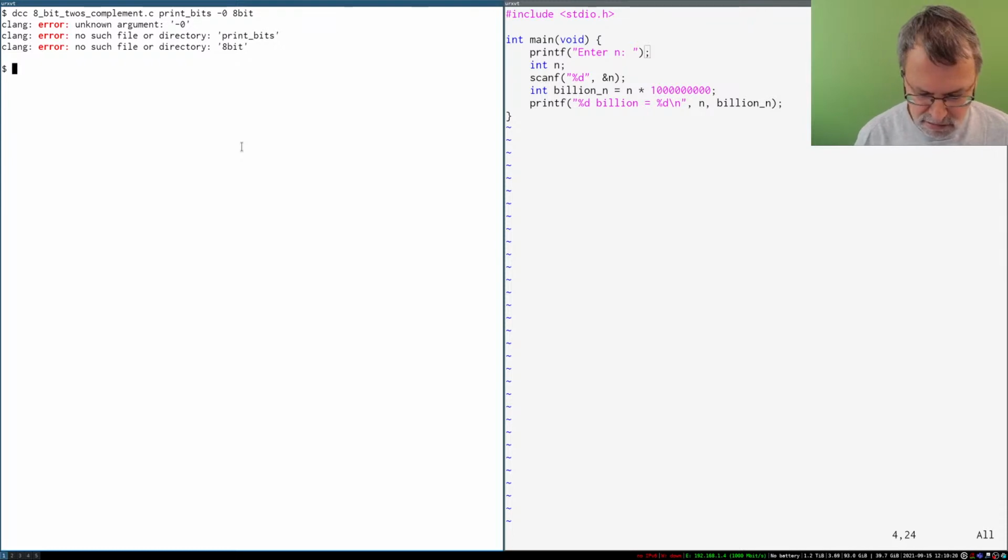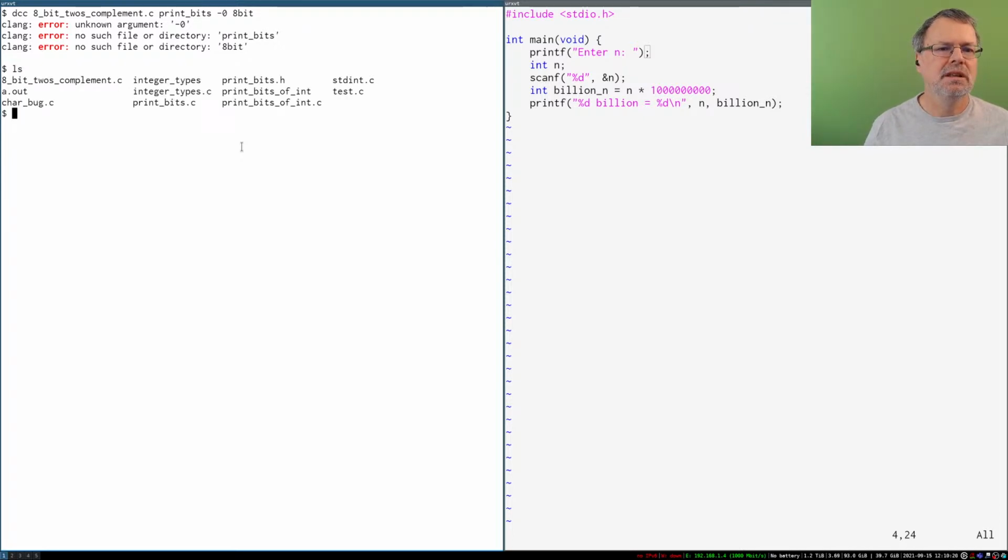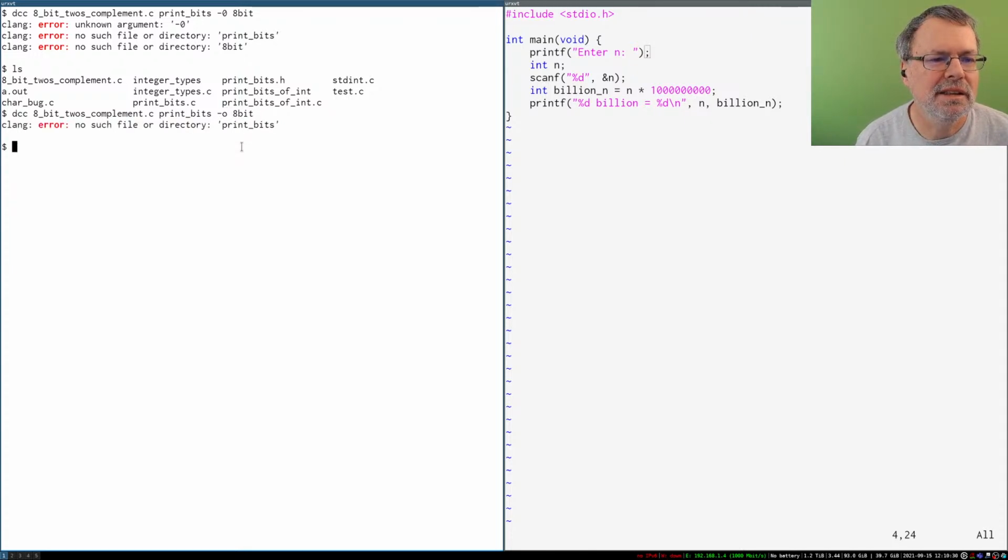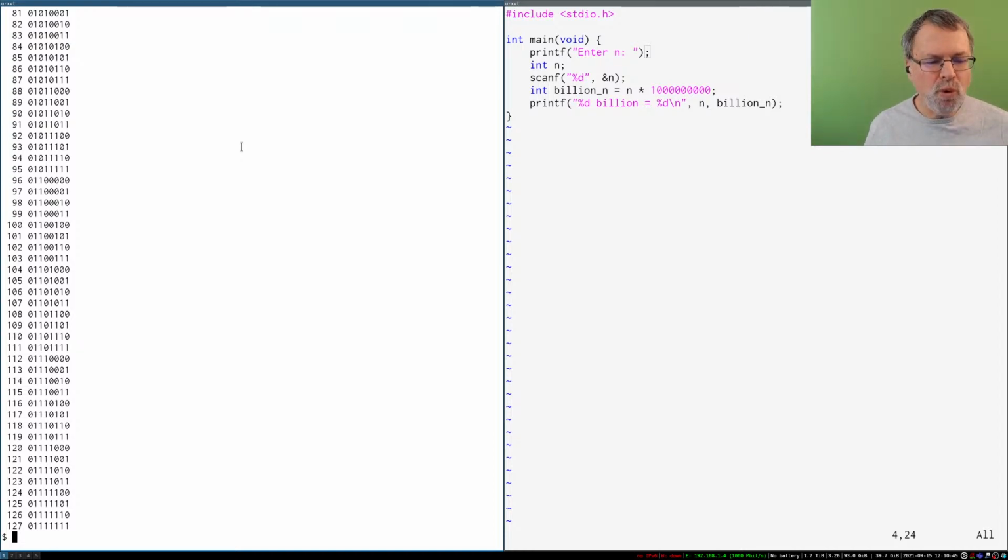And what am I doing there? Well, typing the minus o would be good, wouldn't it? And getting the compile line right. Very clumsy today. Alright. That's a program that prints out all 256 8-bit